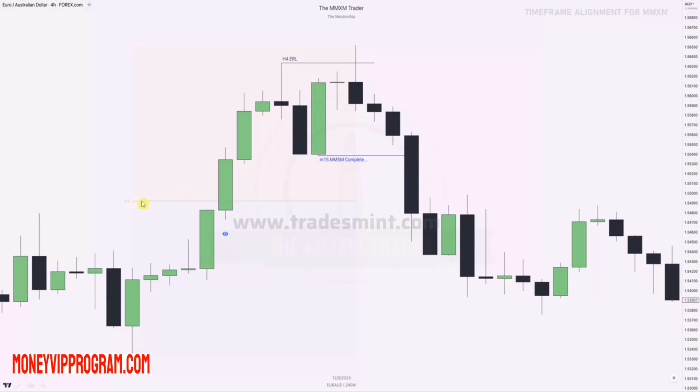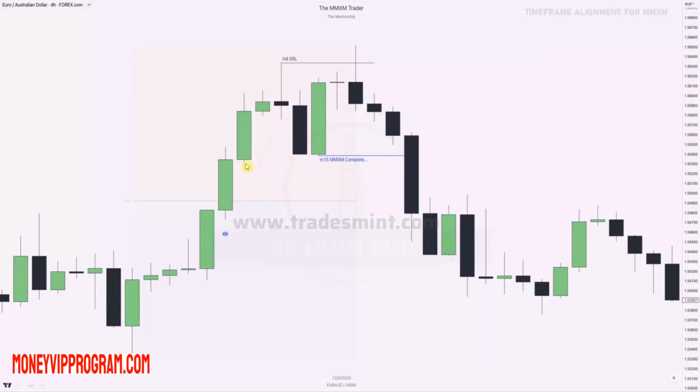Everything below this 50% level is discount. Now again, we think about external to internal, internal to external, order pairing, very important, right? So we have an external raid over here, or a turtle soup, right? Now, what are we going to be looking for as our next draw on liquidity after we take out external? We're going to look for an imbalance in discount, preferably, as our draw on liquidity, which is this fair value